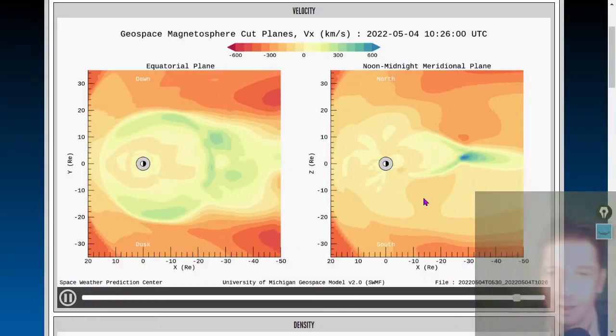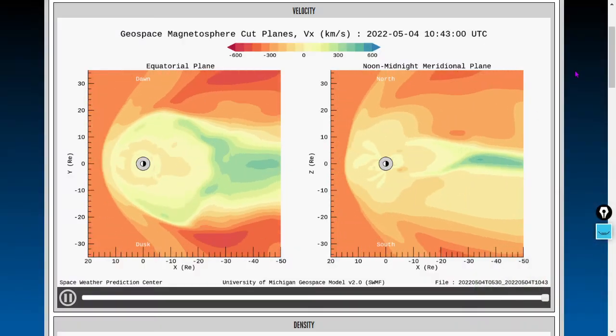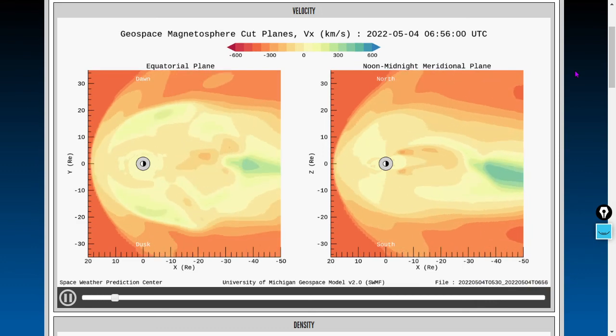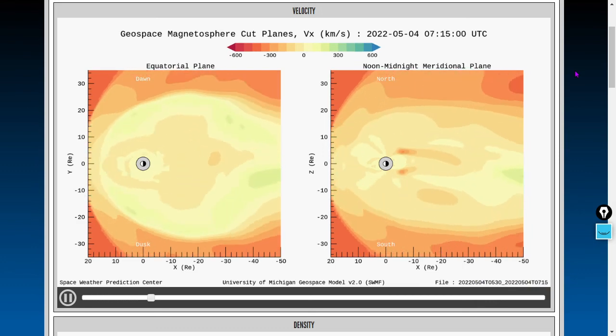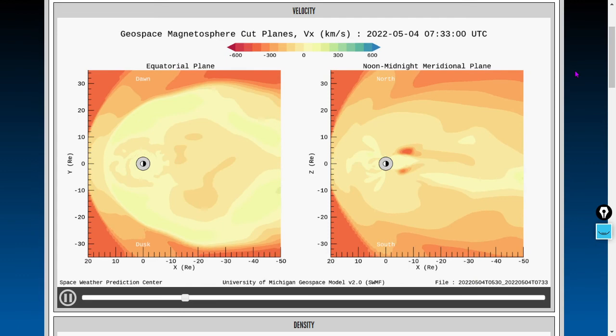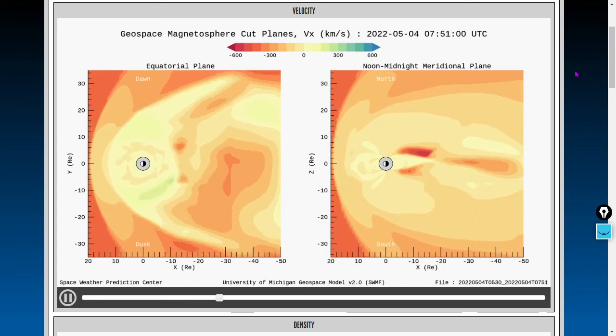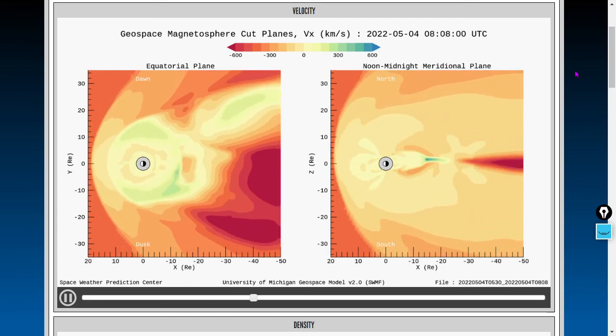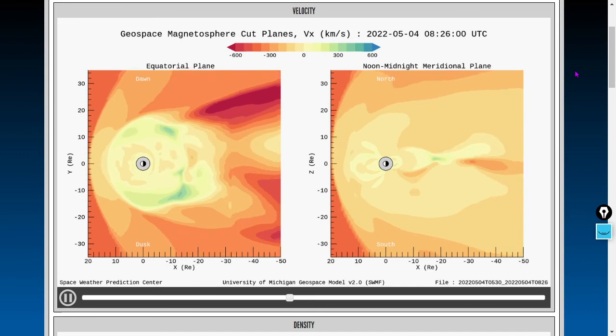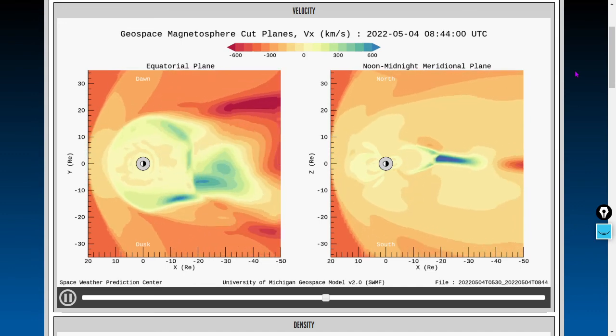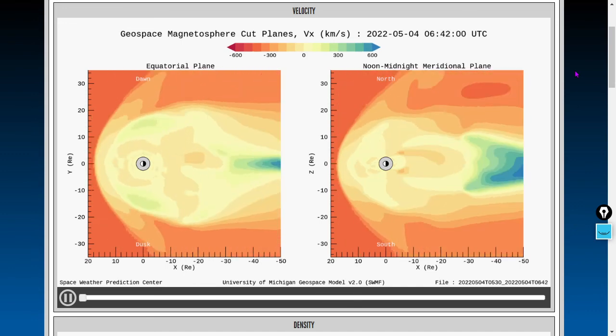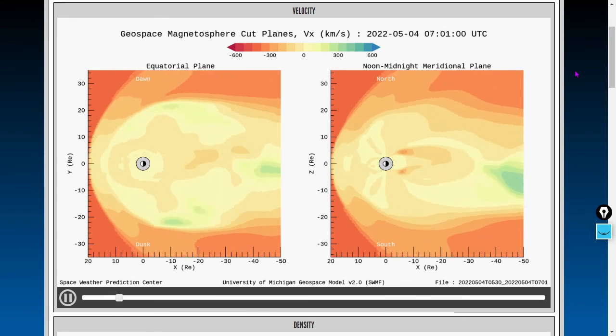Today we're looking at all three geospace magnetosphere movies. We've got a very diffuse solar wind, so we're looking at the velocity, the density, and the pressure. So we've got a very low pressure environment, so I wanted to show the velocity because a low pressure environment equates to a high velocity environment as plasma is reincorporated out of the edges of the Earth's magnetosphere back into